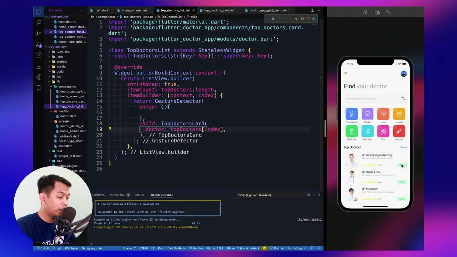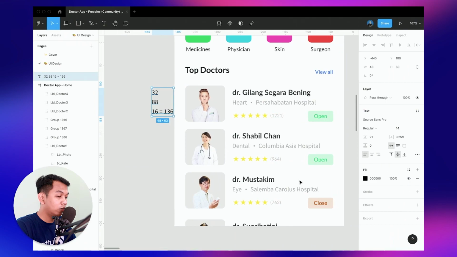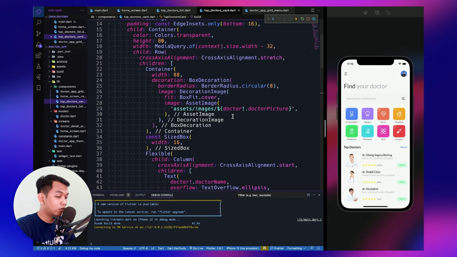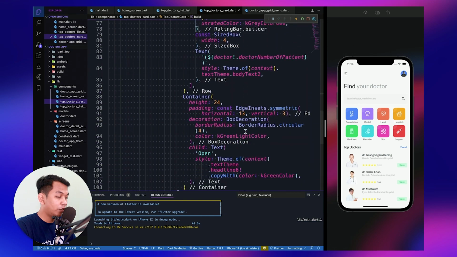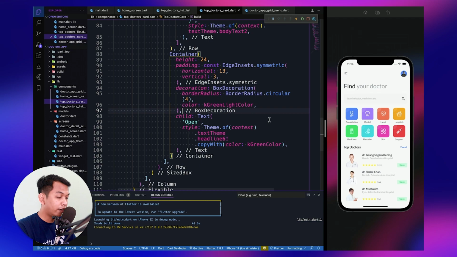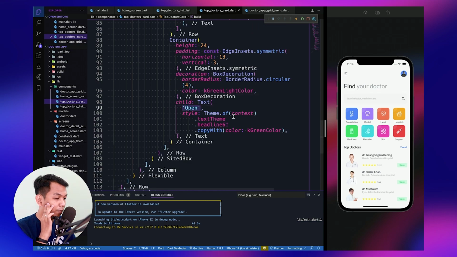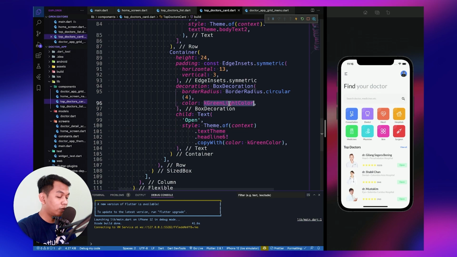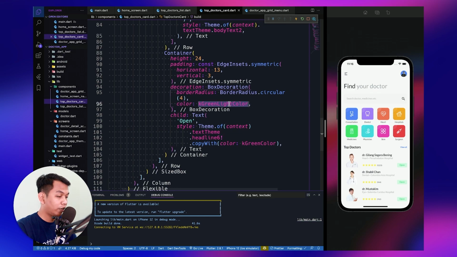Maybe I want to make this open or close dynamic. So we go to top doctors and go to our last container, and here we say Open. To do this, we will use a ternary operation. So let's check our doctor model.